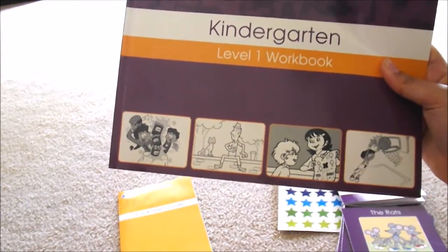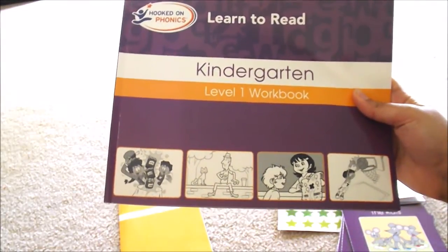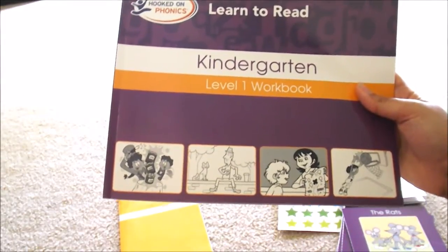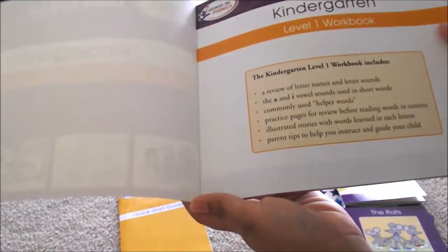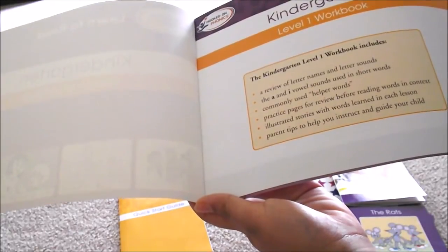Now, I have a single income family, so every penny really counts for us. And so I wanted a program that I would be able to easily share with my daughter once my son was finished using it. And this works really well for that, because lots of people, when they want to reuse homeschool materials, might copy pages and put them in page protectors and use dry erase markers so that your children can practice as many times as they need to on the pages. But with this, you really don't have to make any copies because...